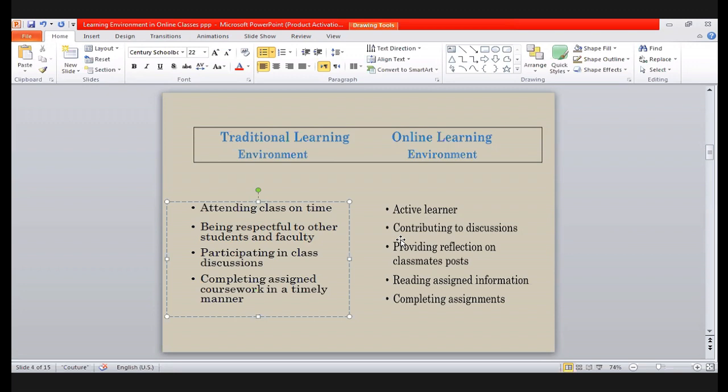While in this one, contributing to discussion, maybe class discussions or a stream work or even a scheduled worksheet. Participation in class discussion, here we have providing reflection on classmates' posts especially. So the classmate will receive or would know the mistakes or the wrong side of his own article, reading and anything, especially from his peers. From the second one, you can say the other side. The last point is completing assigned